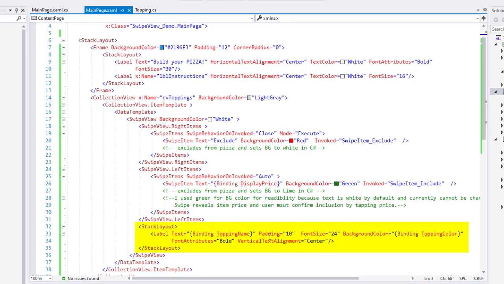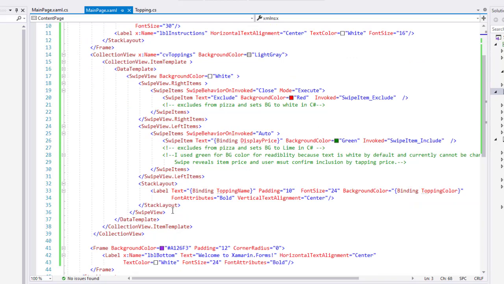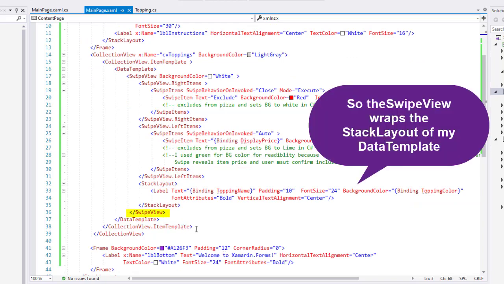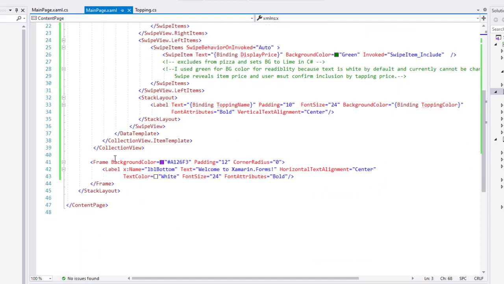I played around with these numbers a little bit. If you have a smaller device, you might want smaller font sizes, smaller padding. Closing my swipe view, closing the data template, closing the item template, and the collection view. And then I have another frame beneath that collection view, and it simply has a background color of kind of a purple. Give it some padding, some corner radius is 0, and inside that I put a label that I